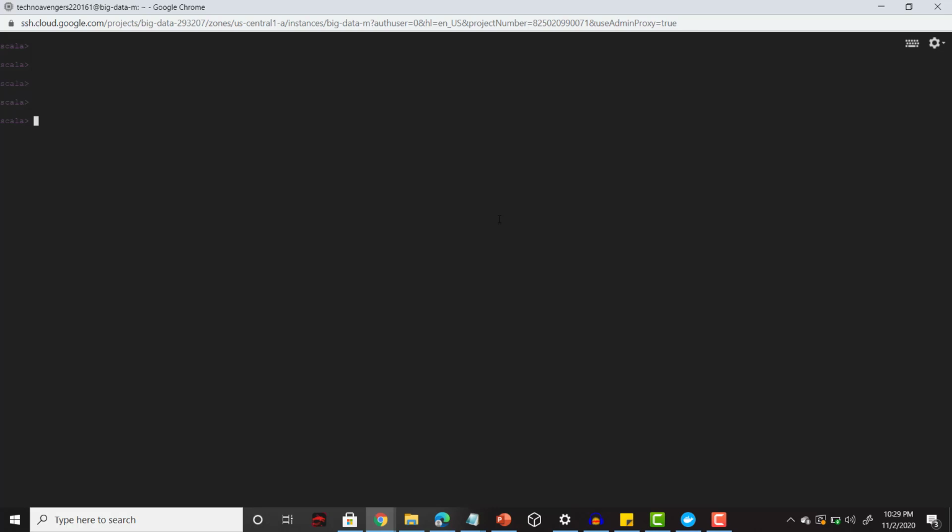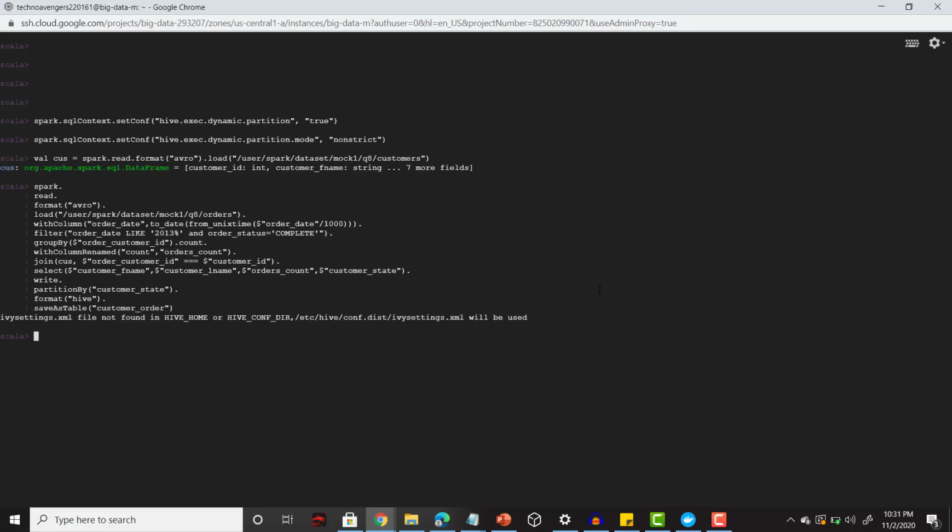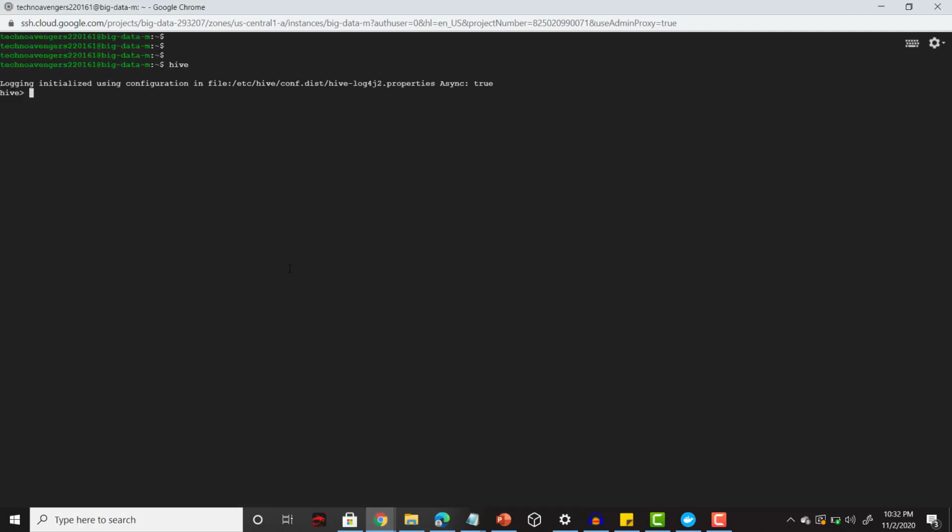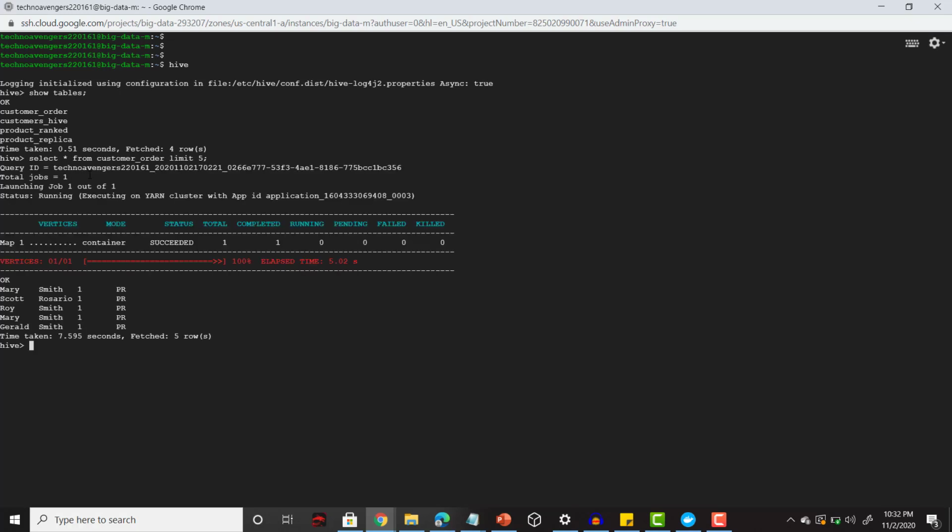So let me run this solution on Spark Shell now. So my solution is now completed. Let's go to my Hive shell and see whether this table has been created there or not. So I'm going to my Hive shell. I'm going to say show tables. So I could see my customer underscore orders table here. So let me select some fields from here just to verify if that table contains some records or not. So I'm going to say limit 5. So here I got the record customer first name, last name, count, and then finally I am also getting the